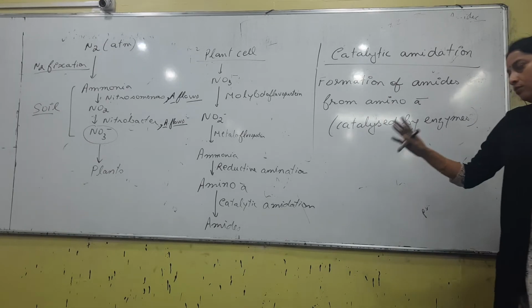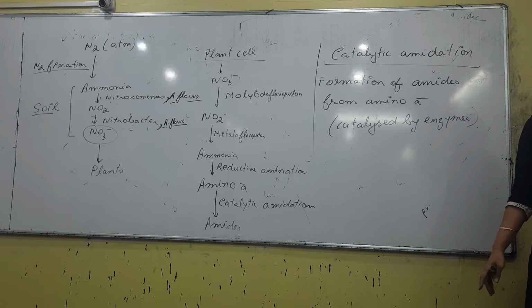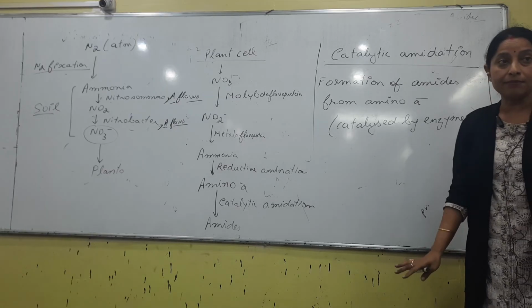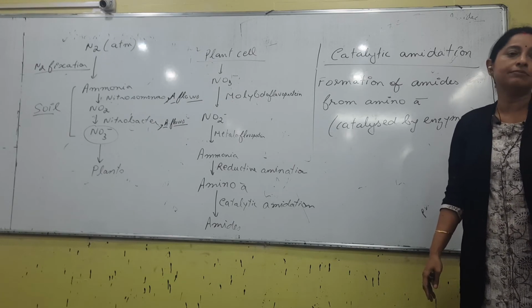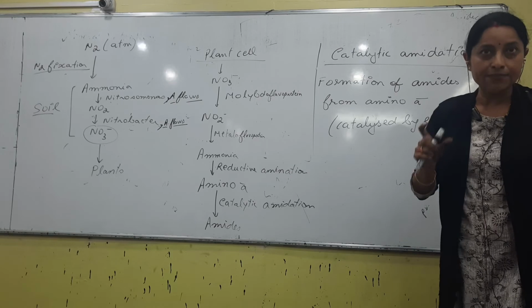Out of this, what is the most frequently asked question? What is the first formed amino acid inside the plant? Glutamic acid, right? What is the first formed amide inside the plant? Glutamine. If there is an amide,